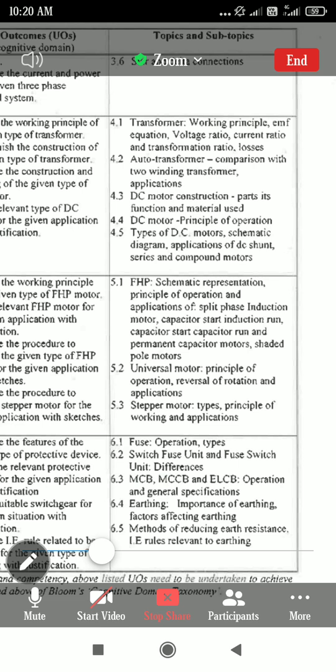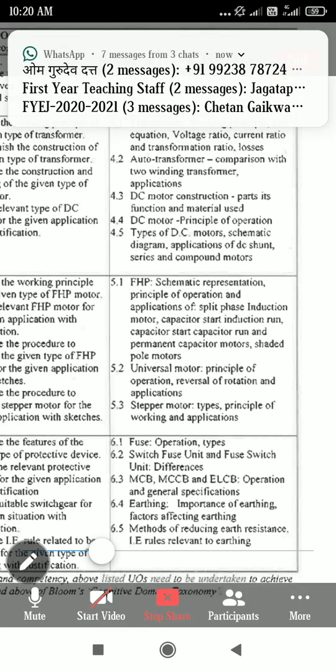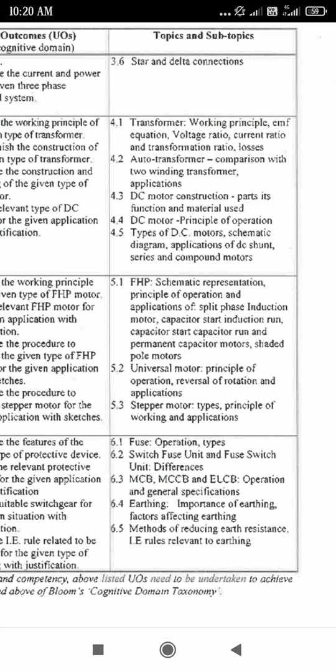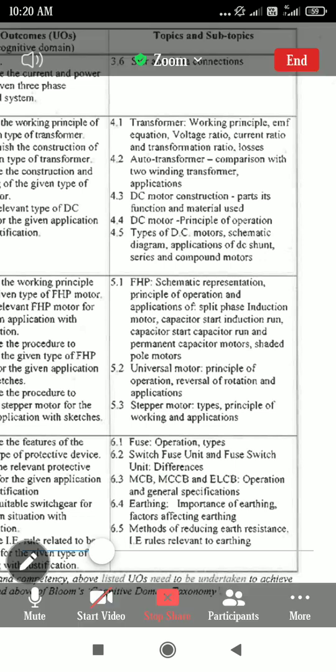These are the types of single phase induction motor. First one is split phase, second is capacitor start induction motor, third is capacitor start capacitor run induction motor, then permanent magnet capacitor motor, and the last one is shaded pole induction motor. All the types of induction motor. In this, we discuss the construction and working principle of all these motors. Also, we draw the phasor diagram of all the motors.